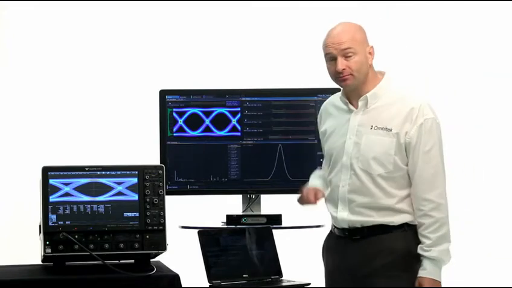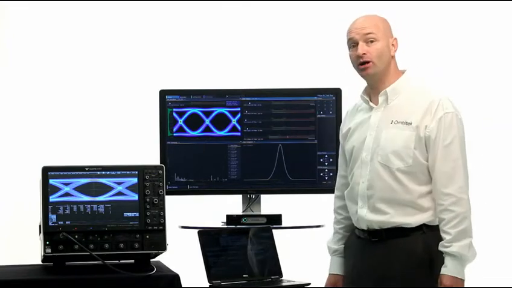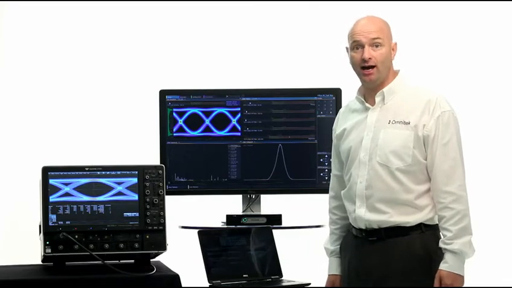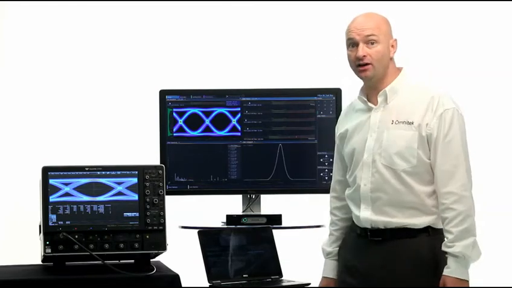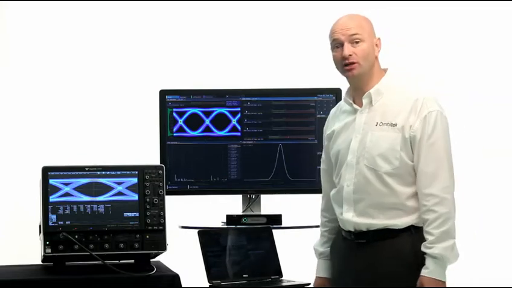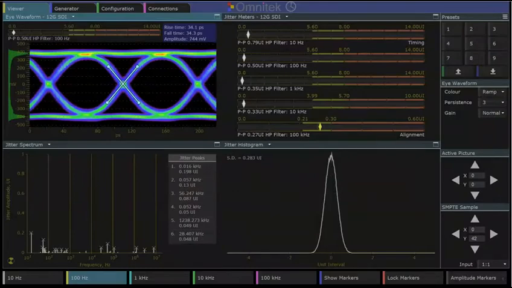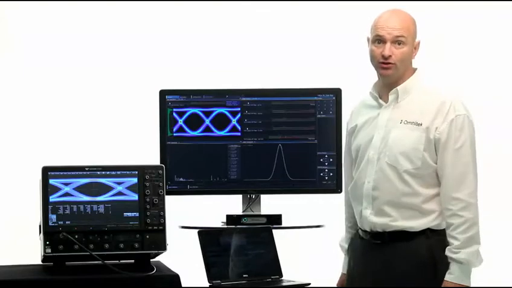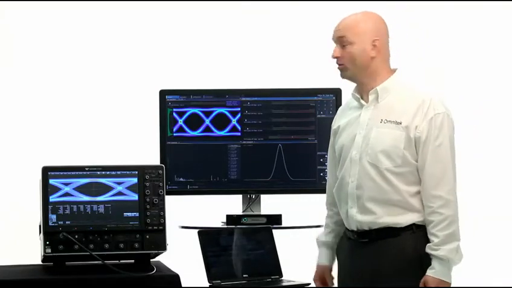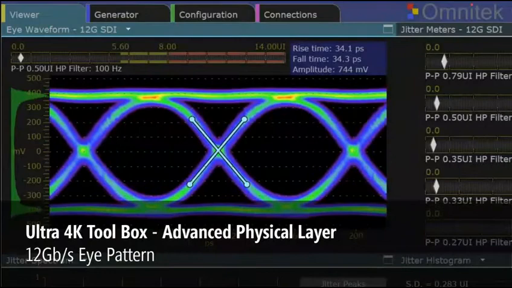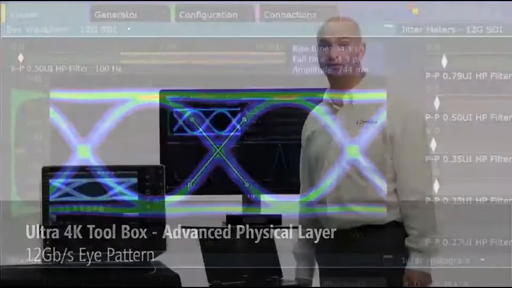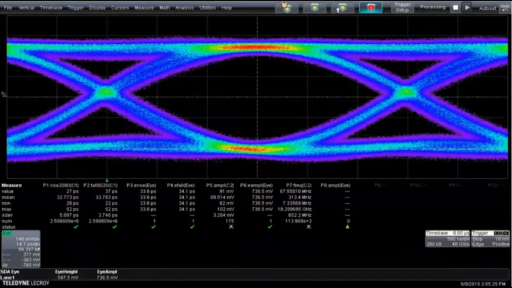So you can see here that we have a very nice 12 gigahertz eye pattern, and on the oscilloscope here I also have the same signal captured as a moment ago, and what you can see straight away is that we have a very clean high frequency response eye diagram which gives very similar figures. So for example, if you look at the rise time, you can see that we're measuring around 34-35 picoseconds and an amplitude of about 750 millivolts on this particular signal,